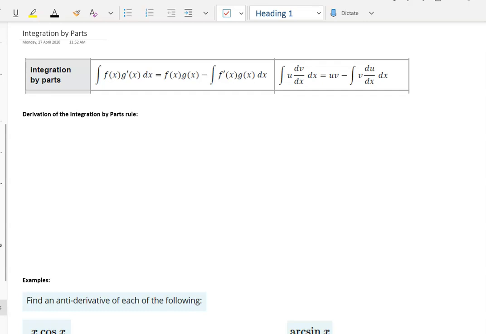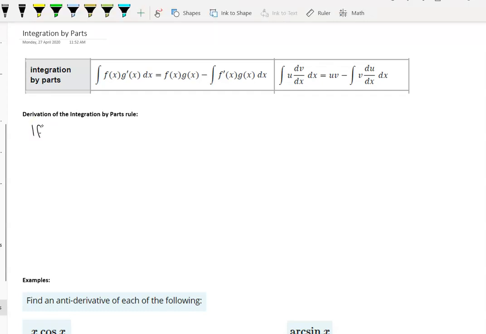So this formula is given to you in the exam. And I'm just going to quickly run through how the formula comes about. You don't need to know this, but it's not a bad exercise to run through just so you can see where it derives from. So if we start off with our product rule,